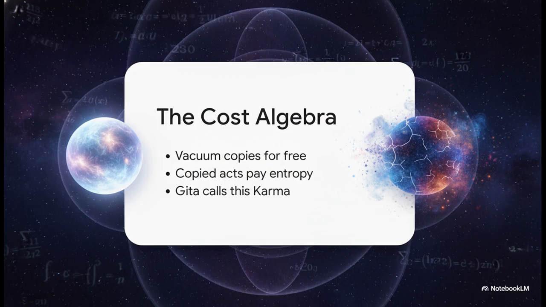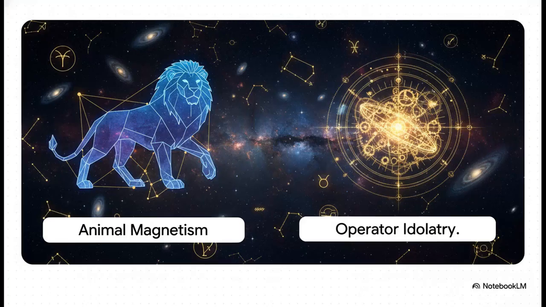Only the pure vacuum state operates without a cost. Every other attached action you take pays its exact score in entropy. The sources reveal that ancient sages intuitively understood this cosmic tax law perfectly. They simply called it karma. If you aren't acting from a state of total detachment, you are accumulating an entropy debt. And this entropy debt leads to two massive structural errors, which both the math and the ancient texts identify as